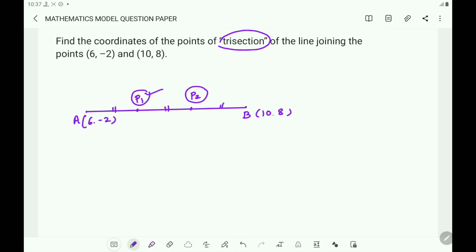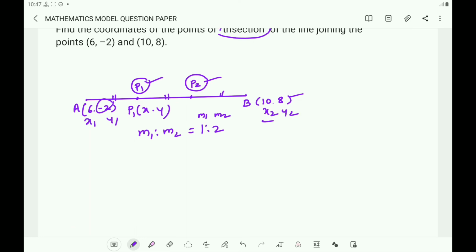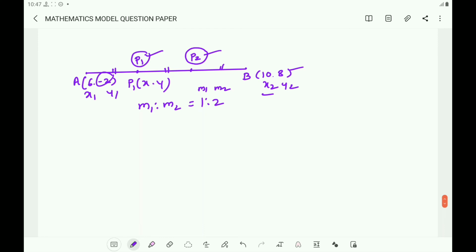The trisecting point P1 divides AB in the ratio 1:2 and P2 divides AB in the ratio 2:1. So here P1 and P2 are the trisecting points. Let us find out their coordinates. So you take P1 (x, y), and the ratio m1:m2 is 1:2. Write the formula, that is the section formula. The formula is